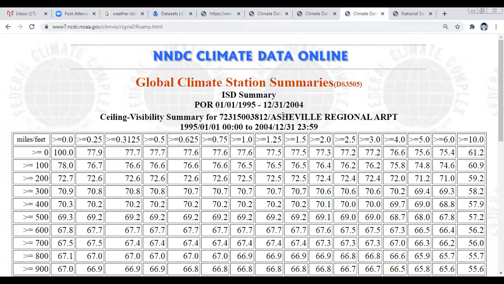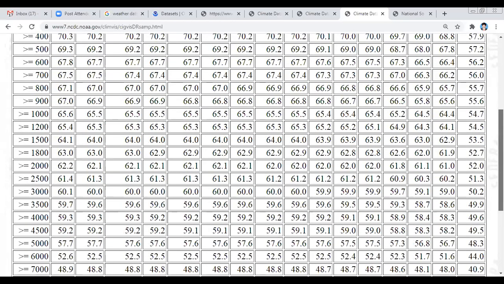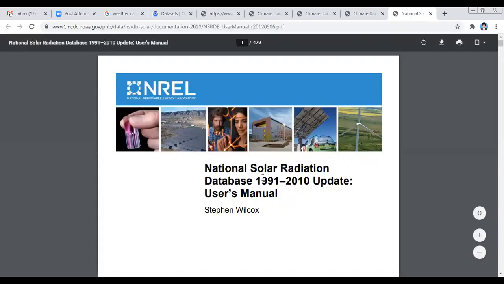So this is the evaluation, regional wise. How it will be from 1/1/1995 to 31/12/2014, regional wise. So one region is going to be connected. So this is a simple type. If anyone wants to see this, we have one National Solar Radiation Database from 1991 to 2010. So this is a manual we have.